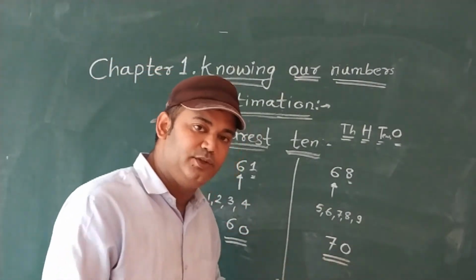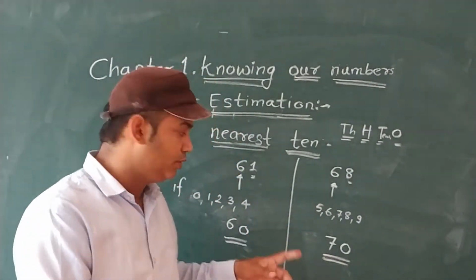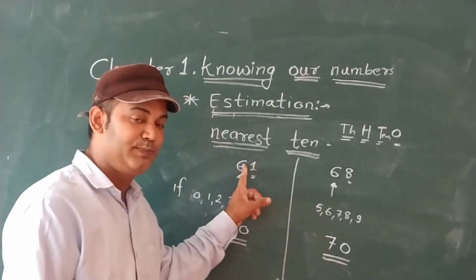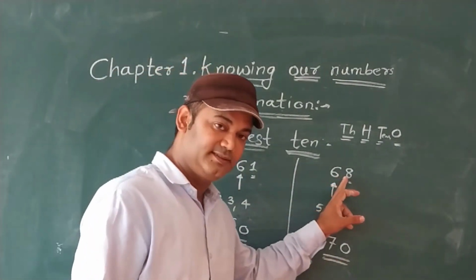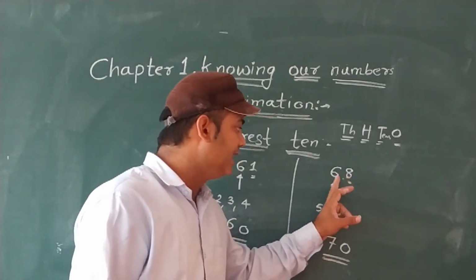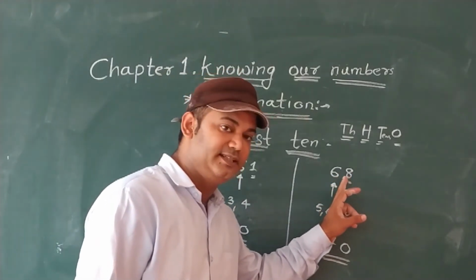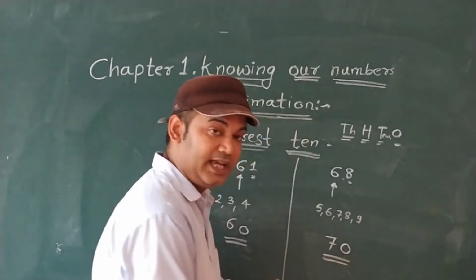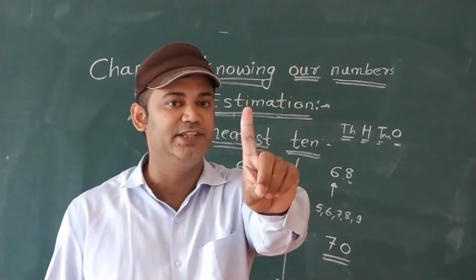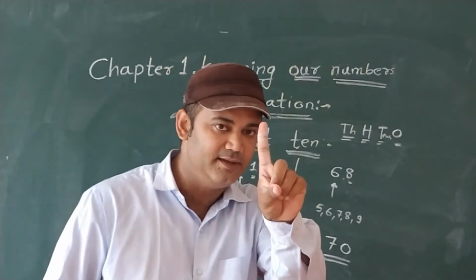अगर राइट साइड वाला डिजिट 1, 2, 3, 4 है तो आपको उसको 0 करना है और 10 प्लेस का डिजिट एज इट इज रखना है. नेक्स्ट अगर आपका 10 प्लेस के राइट साइड का डिजिट 5, 6, 7, 8, 9 है तो आपको उसको 0 करना है और 10 प्लेस को क्या करना है? इंक्रीज बाय 1.